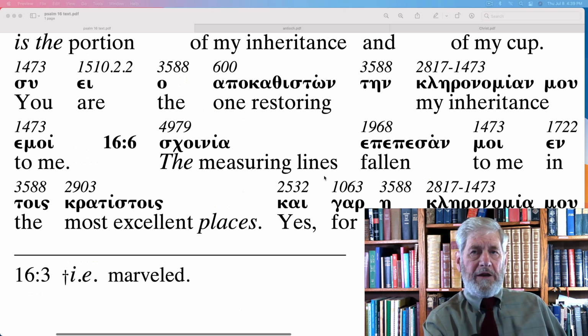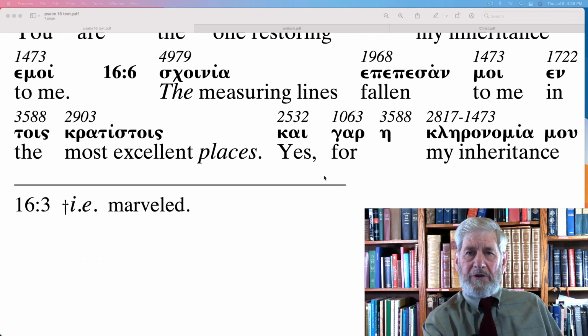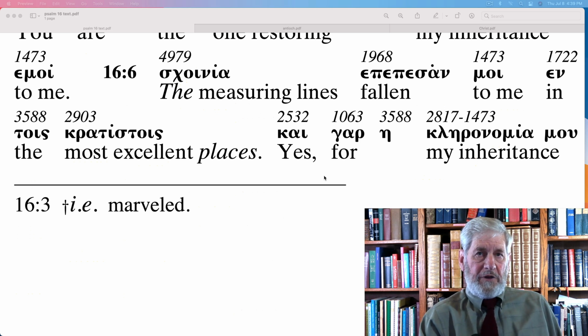The measuring lines fall unto me in the most excellent places. He received wonderful things. The measuring lines, like the borders, the boundaries of most excellent places. It wasn't some desert out in the middle of nowhere. This is what he inherited. But also us, we are going to inherit most excellent places. The measuring lines for us, I believe, are the New Jerusalem